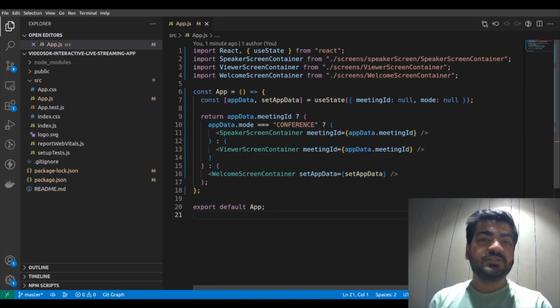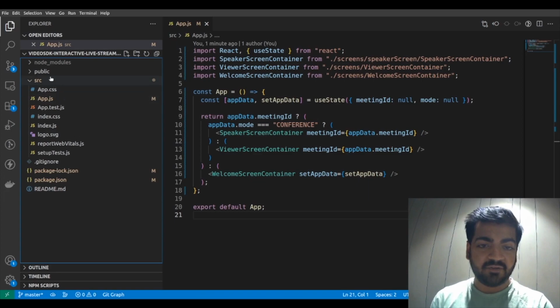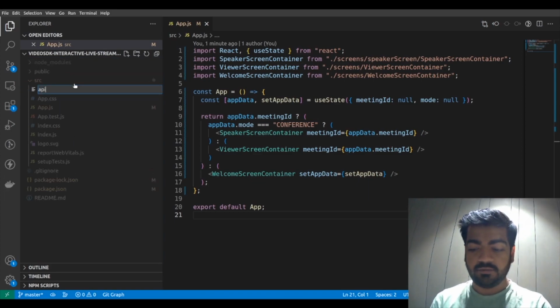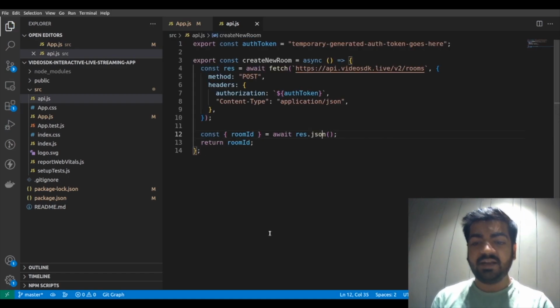As our welcome screen will create a new meeting, we will have to write some code for an API request to create a new meeting, which will call the Video SDK servers. So we will create a new file called api.js inside the src directory, and here we will add some code for creating a new room. Now here